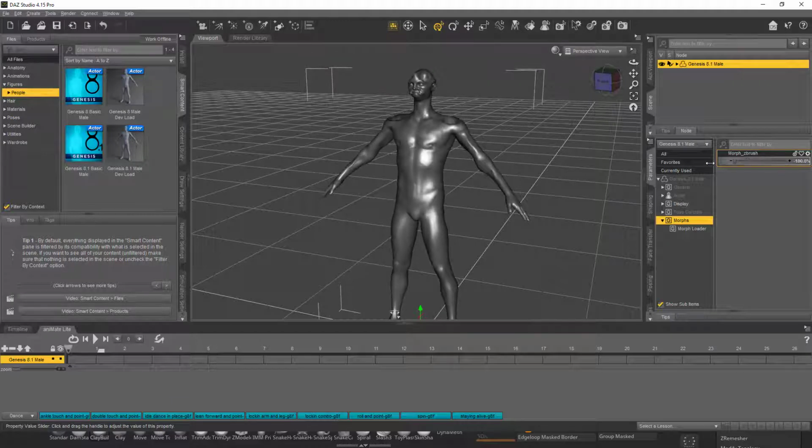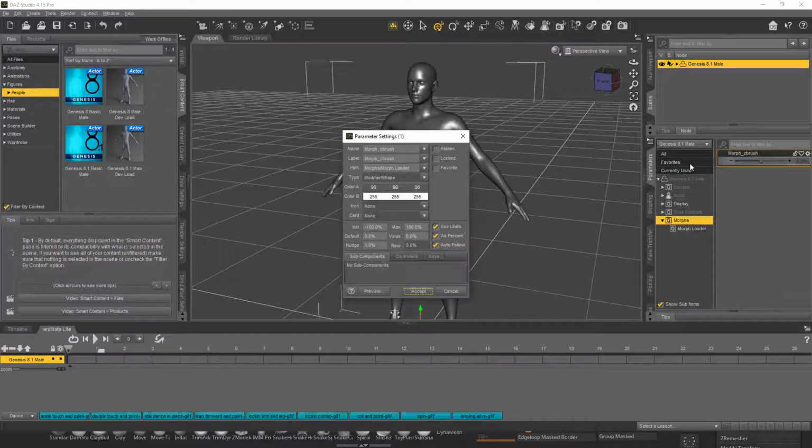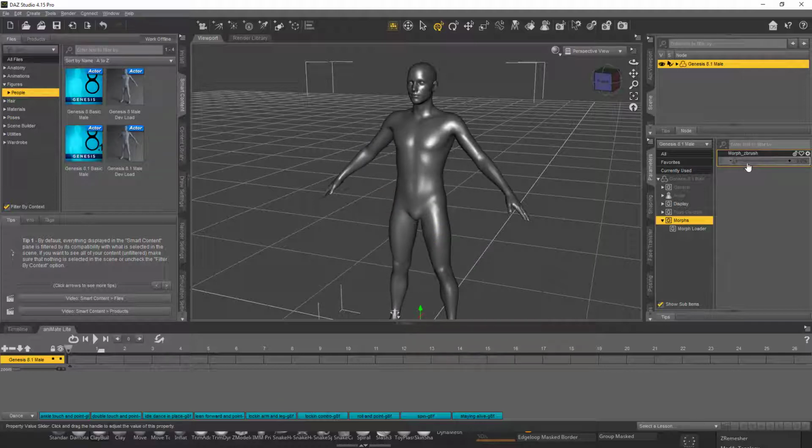If I go back, it will decrease it. In most cases, if you don't want to go to the negative value, you can simply click on the settings, parameter settings, and you can decide what the minimum value should be. I will turn it to 0, and I think this is going to solve your problem.